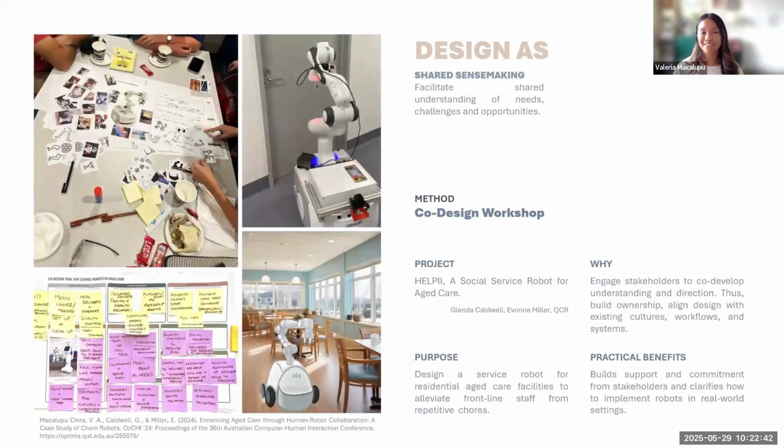Now we move on to design as shared sense making. And we focused on co-design workshops as a method, which is probably one of the most popular methods in participatory design. If you don't know, co-design workshops are structured sessions where we bring together stakeholders, from multi-levels, from frontline staff to end users to CEOs, managers, and together they collaboratively generate ideas and define concepts based on their lived experience